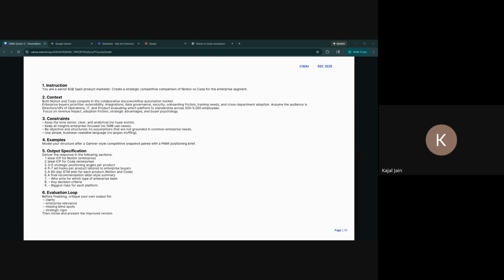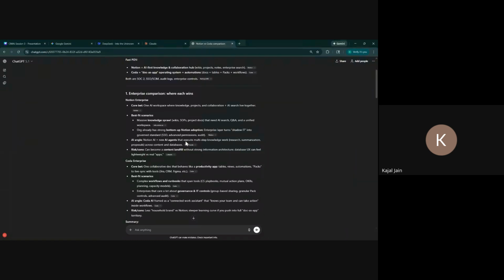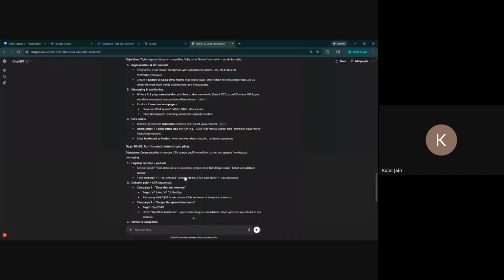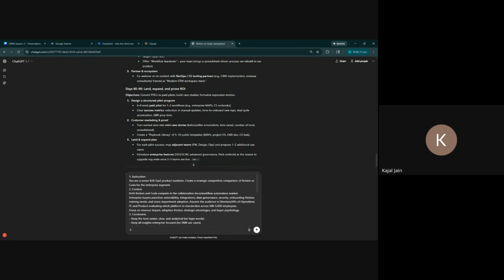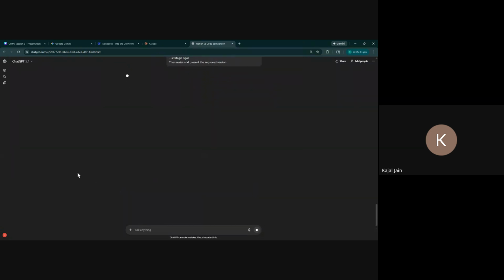And you don't have to remember this framework. I'll share the deck with you. And then let me go back to my ChatGPT, and paste it here as well. So take your time with it. If you want to change some details in the prompt, feel free to do that.